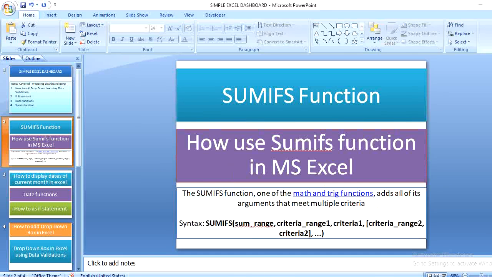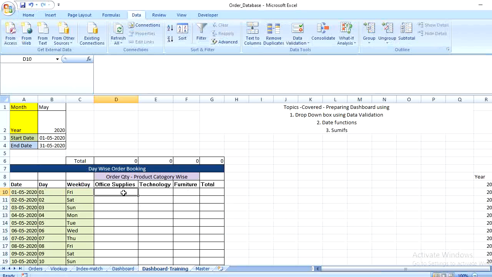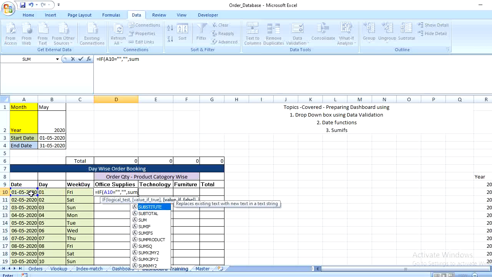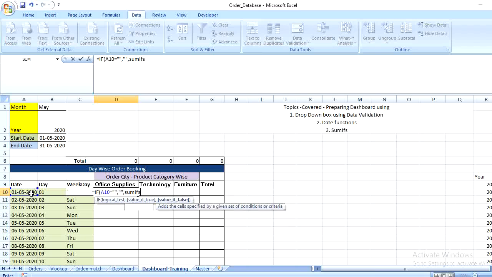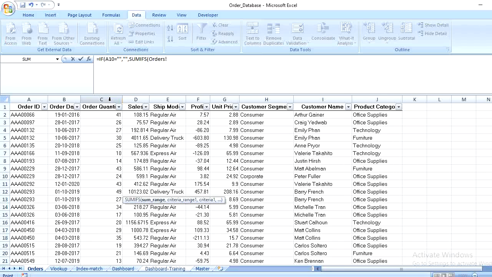Now we are going to see in our dashboard how we are going to apply it here. Here I have to get my order quantity category-wise, tallying with the dates of the current month. Before applying the SUMIF formula, I am going to apply an IF condition formula: if this is equal to blank, I want to display blank, else SUMIF. Here I should sum my order quantity